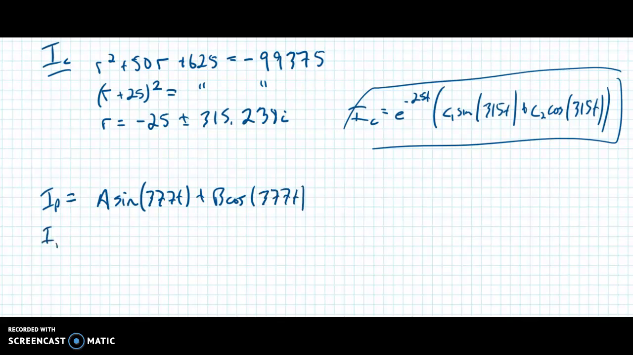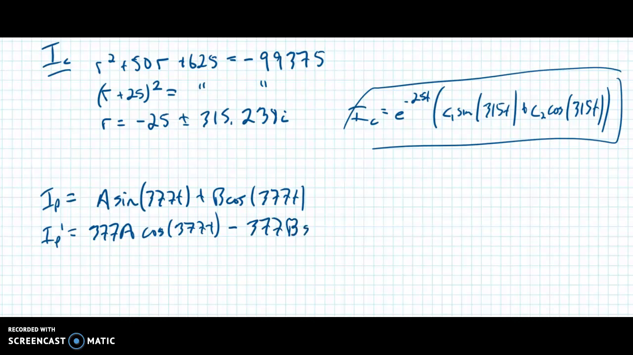I prime is equal to 377A chain. Actually, I'm going to pause and we'll see. I'm just going to write it all the way out. It'll be easier that way. So I get 377A cosine of 377t minus, because of the cosine's derivative,